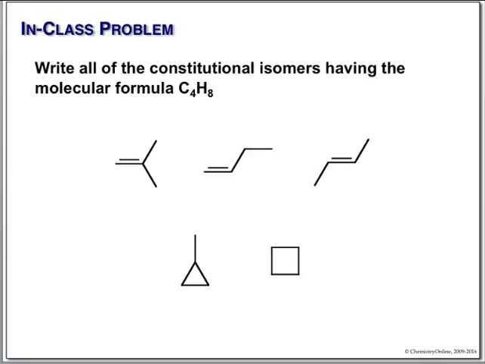Now look at this, make sure you understand. 4 carbons, 1, 2, 3, 4. And each of these is a CH2. Here we have 1, 2, 3, 4 carbons. That's a CH3. That's 1, 2, 3, 4, 5, 6, 7,